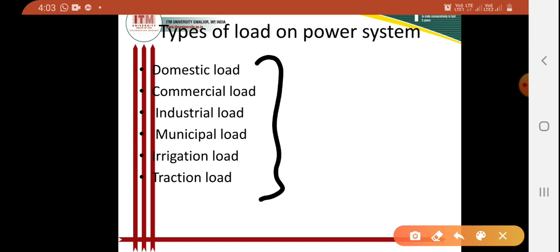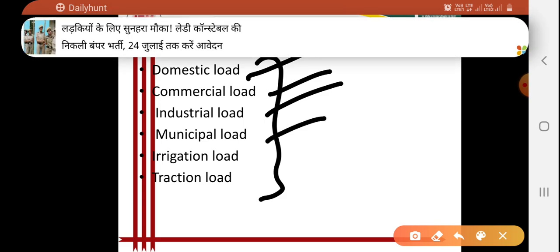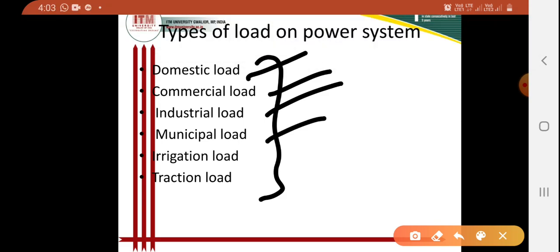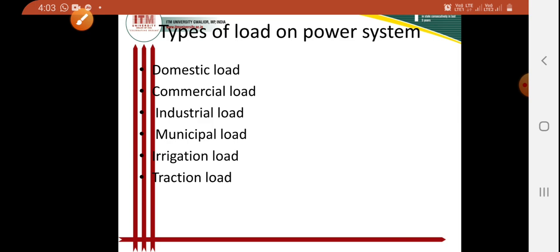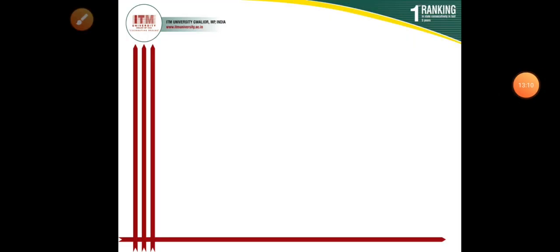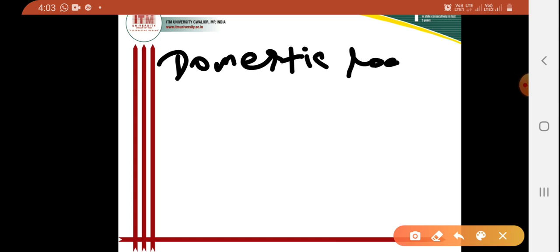The first one may be domestic load, it may be commercial load, industrial load, municipal load, irrigation load, or traction load. So when I am discussing domestic load, I can tell you that the domestic load consists of